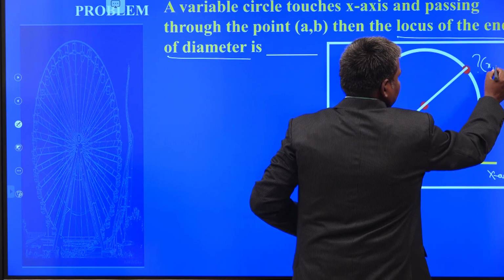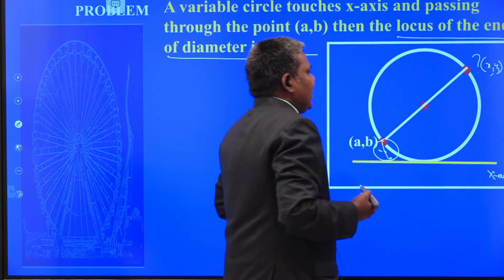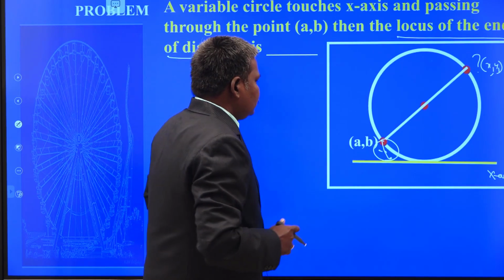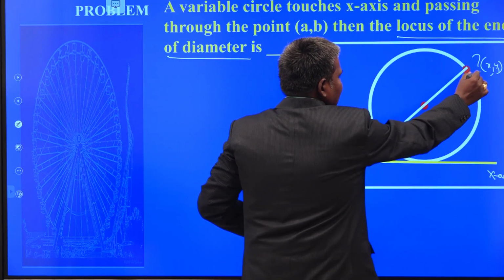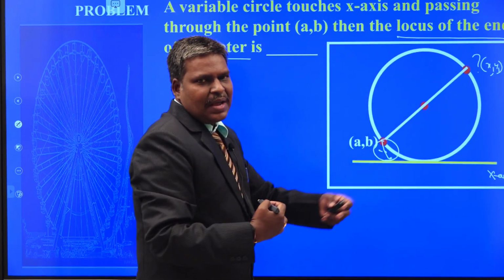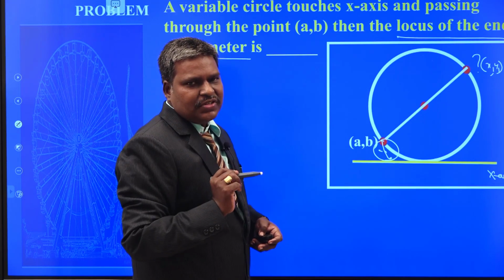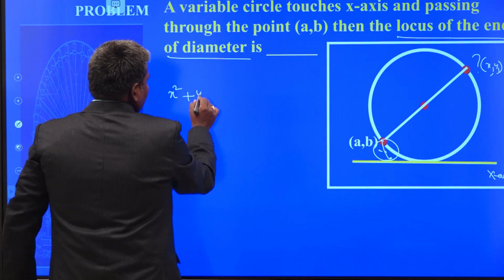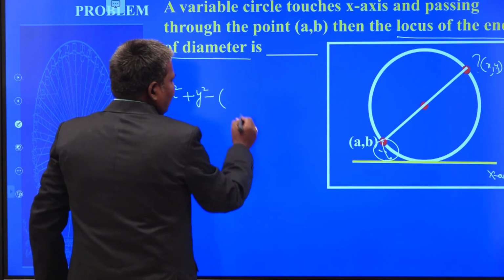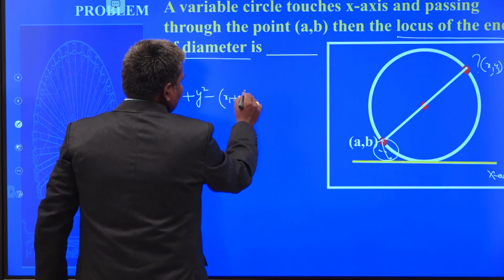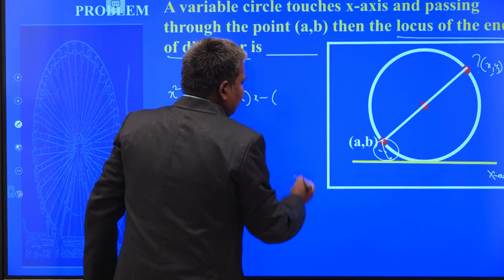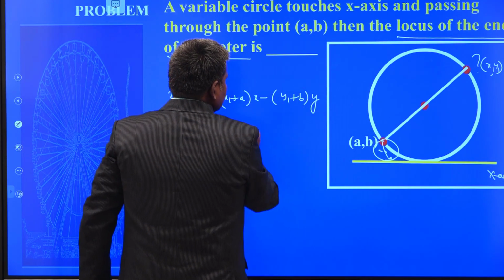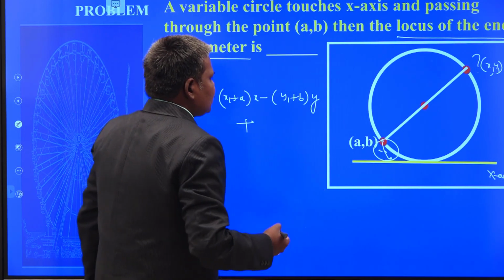That is why I am taking this point as x1 comma y1. x1 comma y1 is one of the points of my locus. Now, all of you know that this is A comma B, this is x1 comma y1, and these are the ends of a diameter of the circle. Immediately, can you write the equation of the circle or not? Yes, immediately you can write the equation of the circle: x square plus y square minus the sum of x coordinates, that is x1 plus a, into x, minus the sum of y coordinates, that is y1 plus b, into y, plus their dot product, I mean a x1 plus b y1.